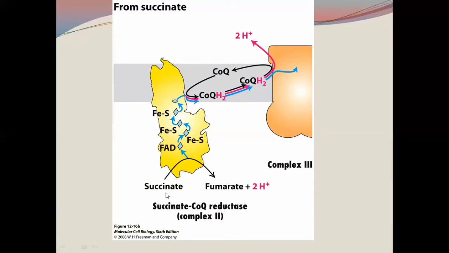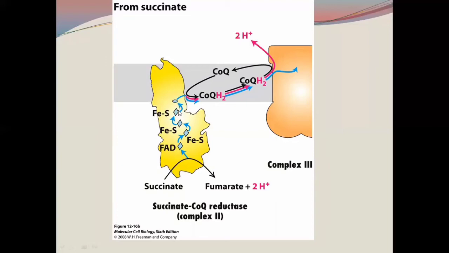Okay. Succinate is converted into fumarate, and the electrons are taken up by FAD, flavin adenine dinucleotide. Then FAD will become FADH2, and FADH2 will transport the electrons to these iron sulfur centers. There are 3 iron sulfur centers. It will transport its electrons by passing through these iron sulfur centers. Then finally these electrons will be taken up by cytochrome B.